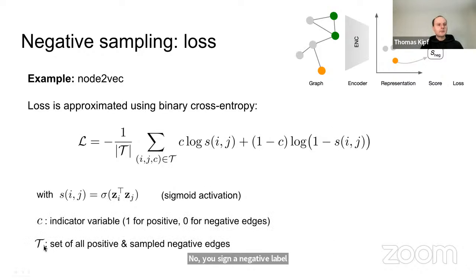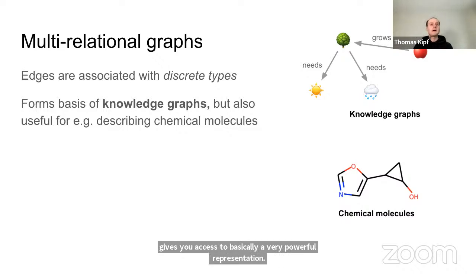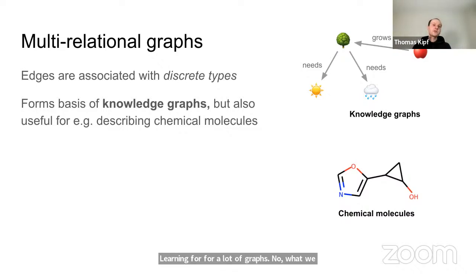And you do this for all the positive and negative sampled edges in your graph. So this is your set over which you compute the sum. And this simple framework already gives you access to a very powerful representation learning for a lot of graphs. Now, what we haven't talked about so far is multi-relational graphs, things like knowledge graphs or